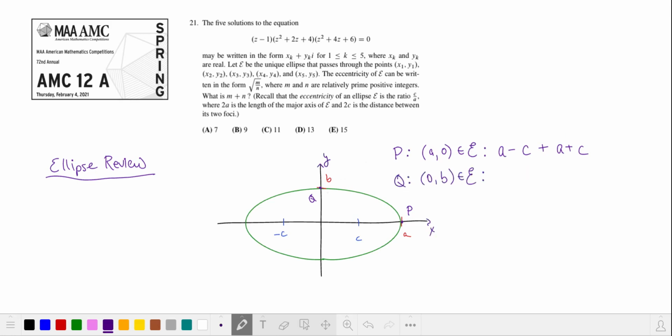Another convenient point is Q, which is on our y-axis. We can use the Pythagorean theorem to find the distance from Q to our two foci. Since the sum of these two distances to the two foci for both of these points is going to be